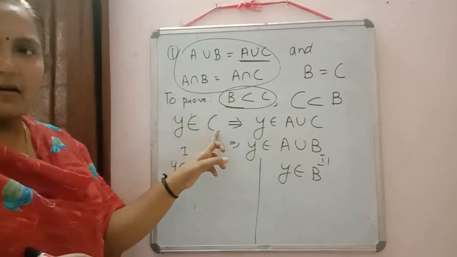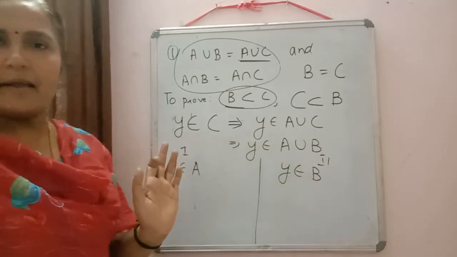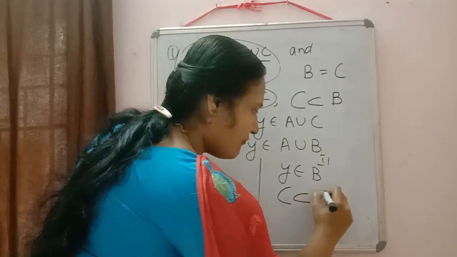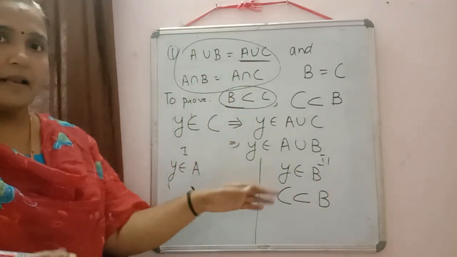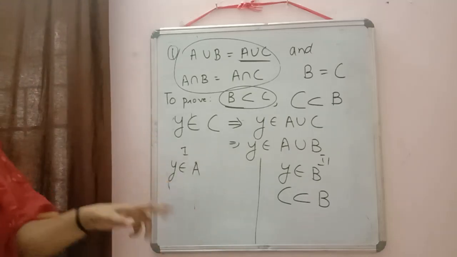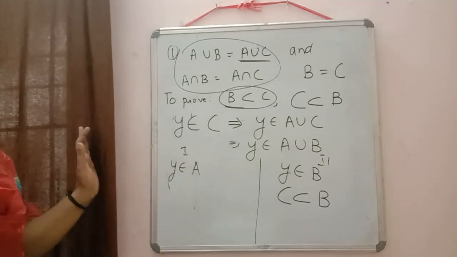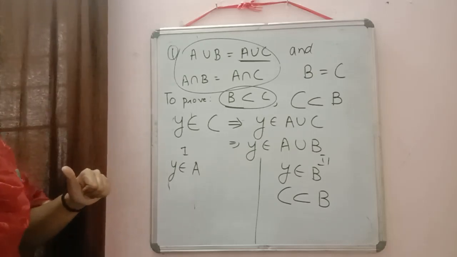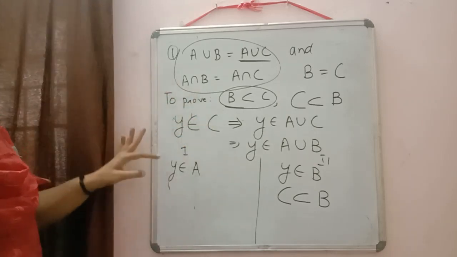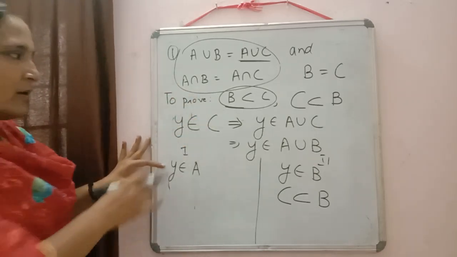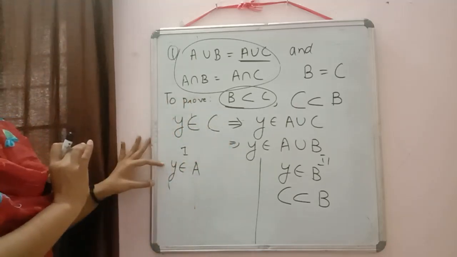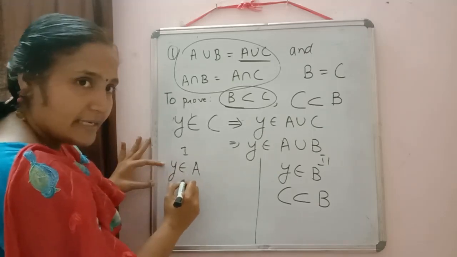We have taken Y belongs to C and we are getting Y belongs to B. So from here we can say C is a subset of B. But this is only possible, we cannot say whether it is right or not. So we can take the other condition also: if Y belongs to A, then how will we prove Y belongs to B also? We have Y belongs to C, and we wrote here Y belongs to A. So the element Y is there in C and the element Y is there in A also, so it will be there in their intersection.